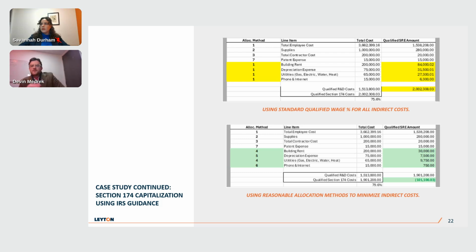top example. QREs under 41, what you actually get the credit on, you see the 1.5 million, but total cost to capitalize in this example are a little over 2 million. If we just optimize a little bit, spend 5 to 10 more hours getting some data and analyzing what is reasonable that we can consistently apply going forward, we change allocation method 1 to the ones I mentioned in the previous slide applicably,